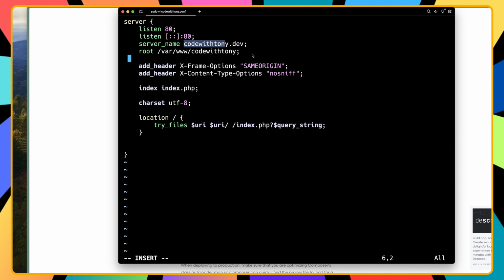Okay, now if you want you can add the add_header and also this one, but I'm going to comment this one for now. Here we have the index, so the default index pages, we have the index and index.php, but also I'm going to add here index.html, and we have location, try_files $uri, and index.php with query strings. It's no problem. I'm going to leave it like this, and I'm going to escape